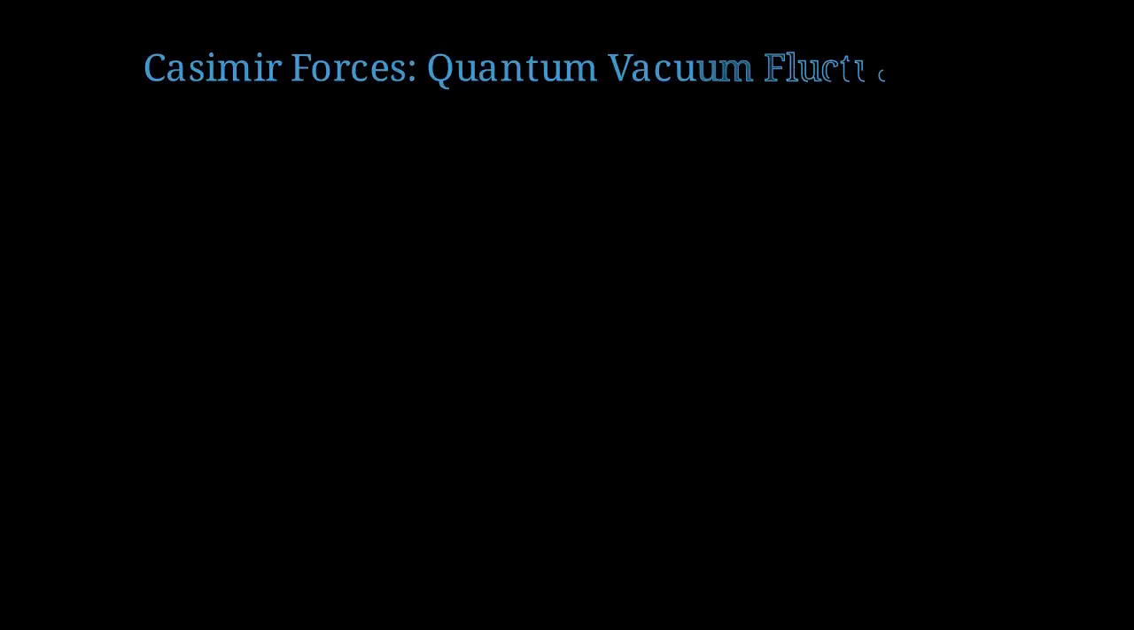Now let's turn to Casimir forces. These are even more exotic. They arise from quantum fluctuations in the electromagnetic vacuum. Even in perfect vacuum, quantum field theory tells us there are virtual photons constantly popping in and out of existence. In 1948, Dutch physicist Hendrik Casimir made a remarkable prediction. He said that if you place two uncharged, perfectly conducting plates very close together in vacuum, they will experience an